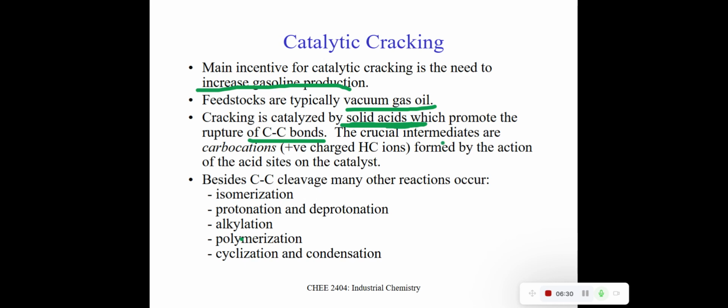The crucial intermediates are carbocations,